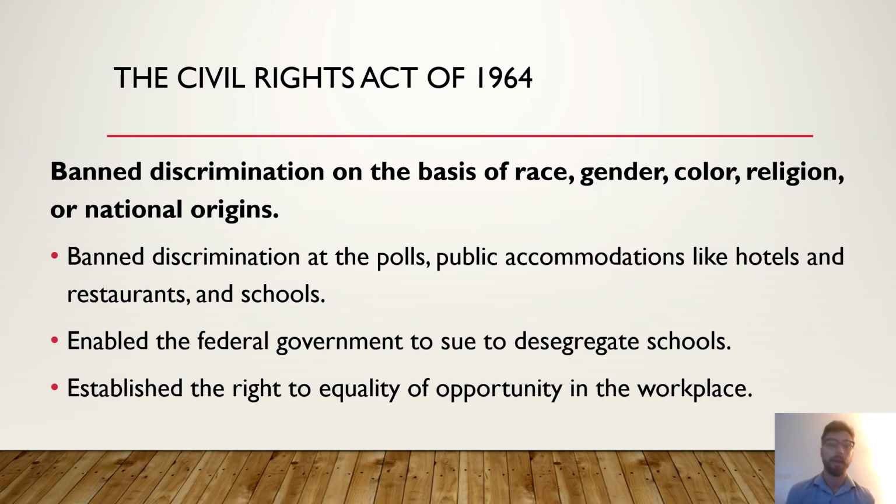So we see the Civil Rights Act of 1964 banned discrimination on the basis of race, gender, color, religion, or national origins. Finally, we have legislation connecting the fight for women's suffrage and the fight for racial equality. Sojourner Truth got her wishes in 1964. It banned discrimination at the polls, public accommodations like hotels, restaurants, and most importantly, schools,